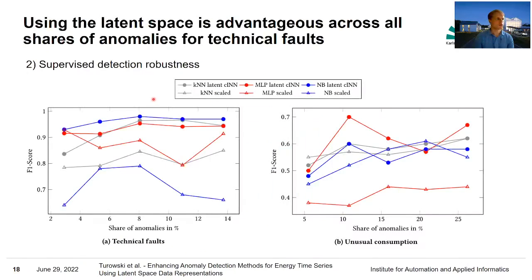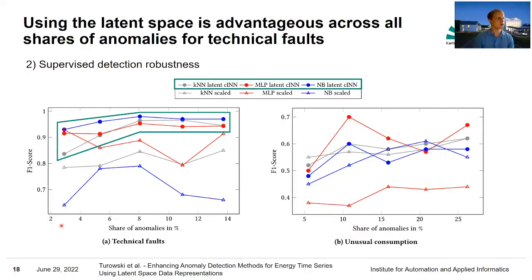So we can move on to the detection robustness. Here we focus on the latent space representation created by the CINN and compare it to the scaled data representation for the 3 best performing supervised detection methods. And what we see here on the left for the technical faults, if we insert different shares of artificial anomalies, it doesn't really impact the performance of the proposed approach, because the latent space data representation created by the CINN performs consistently better by having higher F1 scores than the scaled